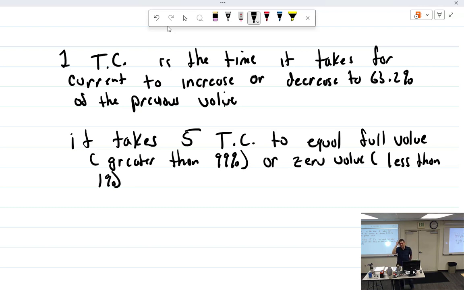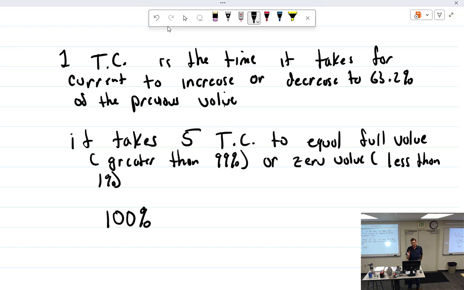As soon as we hit anything over 99%, it's considered full on. Anything below 1% is considered full off. So if we started with full on at 100%,